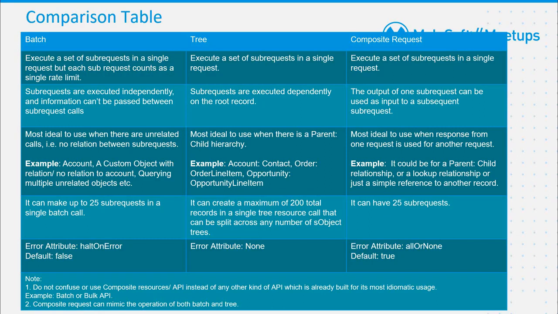I made a point here. I have written that batch is most ideal to use when there are unrelated calls, that is, no relation between sub requests. If you want any relations or dependencies, then go with the tree and composite request. If you have a strictly parent-child relationship, then go with the tree. If we have just a lookup relationship, or any kind of lookups, you can go